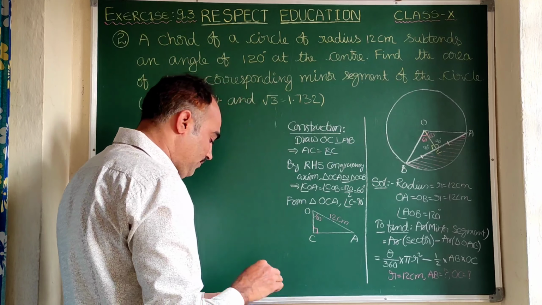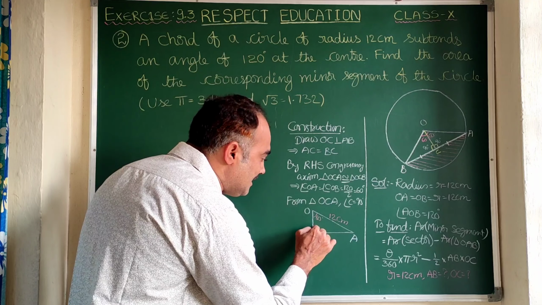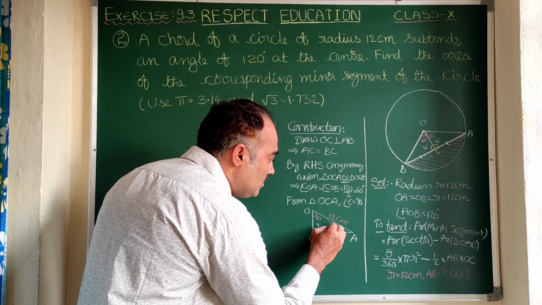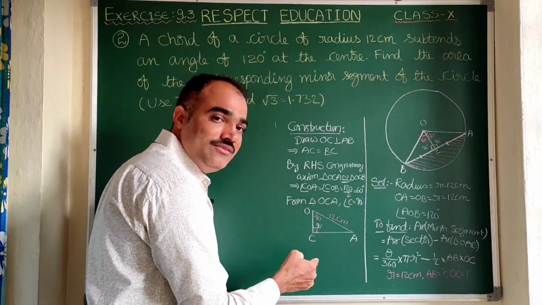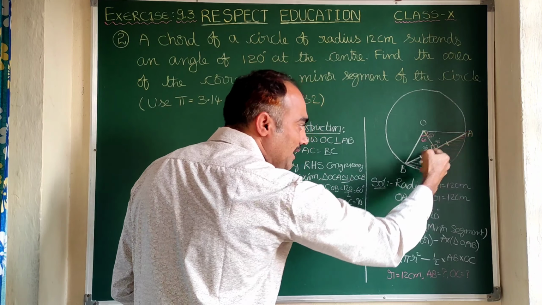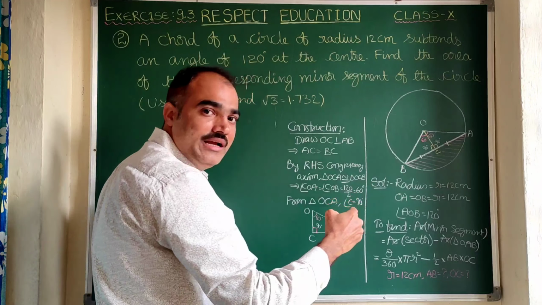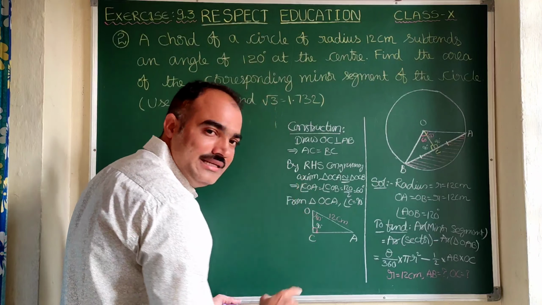In fact, if you apply the angle sum property, since this is 60 and this is 90, this angle is 180 minus 60 plus 90, that is 180 minus 150, so it is 30. If you want, you can add this angle also. If not, let us solve from here. Now our target is to find the base and height. We have to find AB. Instead of that, if we are able to find AC, then AB is nothing but 2 times AC. So now our target is to find AC.